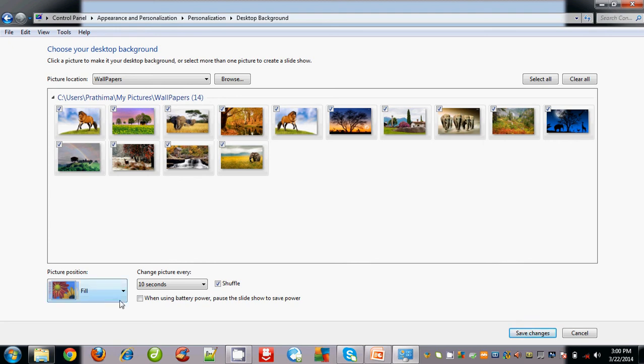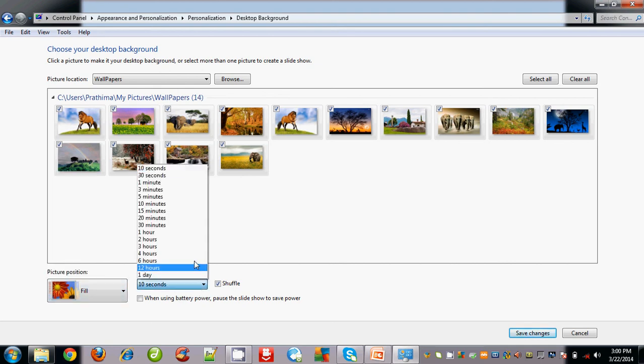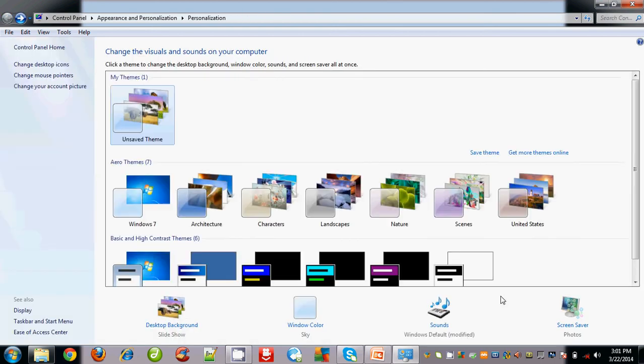So I suggest you to take fill and make it as 10 seconds and make it as shuffle. If there are a number of images, make it as shuffle instead of getting line by line, one by one. If you want to see some images randomly, then click shuffle and press save changes.